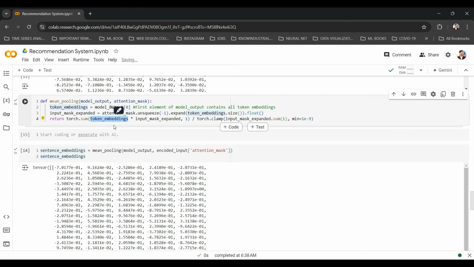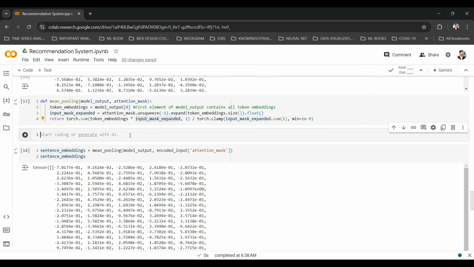So we will be multiplying token embeddings. Why do we need to multiply again? As I have mentioned before, there are paddings, invalid tokens, so we don't need those. By multiplying, we will be removing those invalid token embeddings. After expanding, we have received a tensor with the same dimension as the token embeddings.